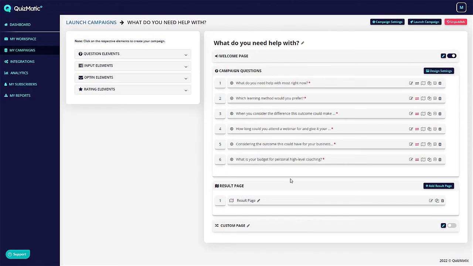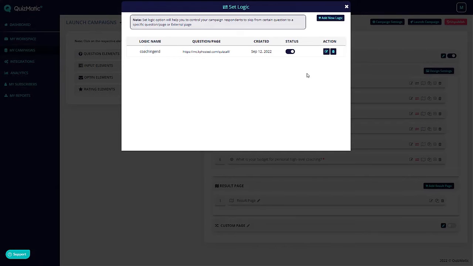And once you string all those together, if you think back to a few minutes ago when I said the type of person who tells you they've got an unlimited budget is a very different type of person who says I've got a budget of $97. So you're going to want to take them to a different place, and we do that by setting up the logic, set logic. So we click on set logic. I'll show you one of these just for example purposes. We click set logic,